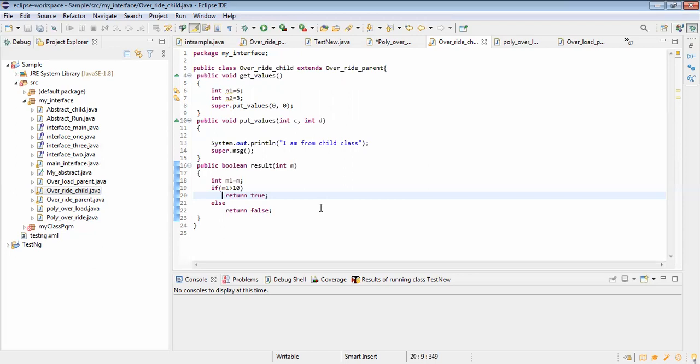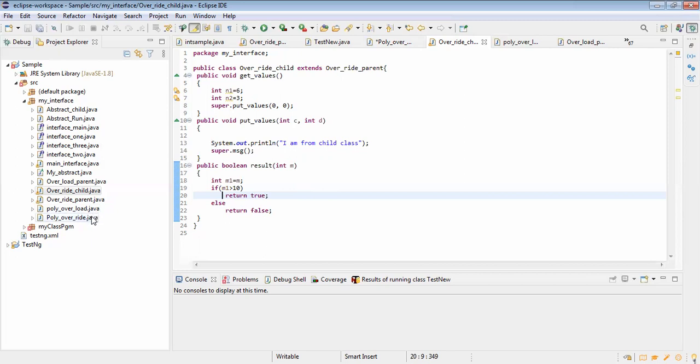Can you see clearly on line number 3? Sorry, 2 classes. It extends override parent. So 2 classes. What are those classes? Override child and override parent. It extends, so you have how many classes? 2 classes. Right.